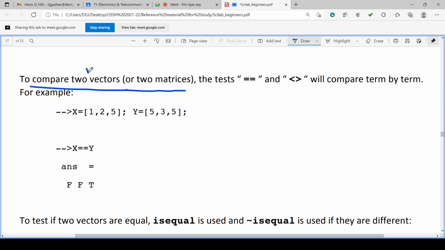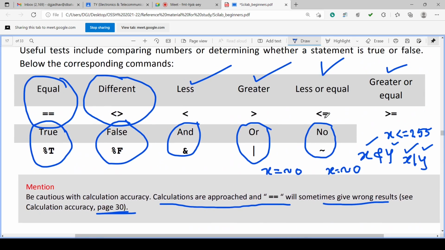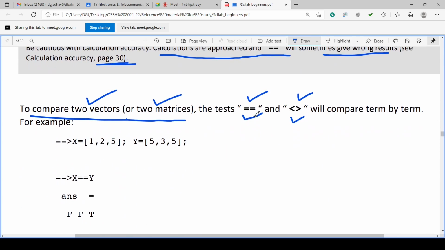You can compare two vectors, or you can compare two matrices. The comparison tests will be equal and less than greater than, that is, is equal and is different.